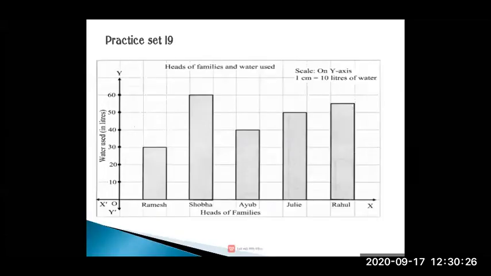Now see, students, x-axis, what you have to do? You have to leave one line and then you have to draw one line of the x-axis. Then on the left side, you have to leave one line and you have to draw a line of the y-axis. You should put an arrow for closing that line on the x-axis also and on the y-axis also. Then what you have to do?